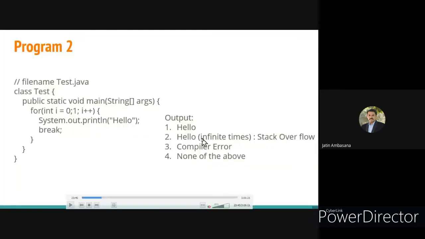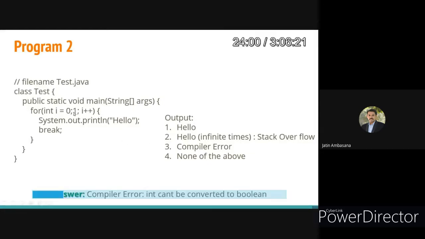Prince and Hita are saying compiler error. Yes, that's right, compiler error, because the condition that you are giving is not allowed. Java is a strictly typed language, so it does not allow 1 to be true and 0 to be false. It requires true wherever true is required and false wherever false is. So it requires boolean types only and not integer types. It does not convert integer types into boolean types. That's the reason. Okay, int cannot be converted to boolean.